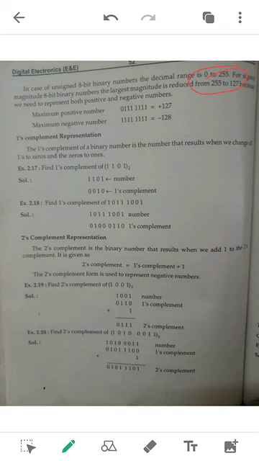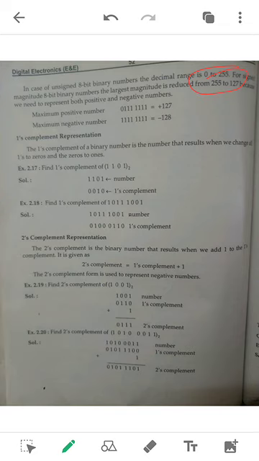positive as well as negative numbers, the maximum range called 255 has to be divided by 2, or equally we have to divide. Means 0 to plus 127, the range used to represent the positive numbers, and below 0, minus 1 to minus 128 is used to represent the negative numbers. So the range is from minus 128 to plus 127.